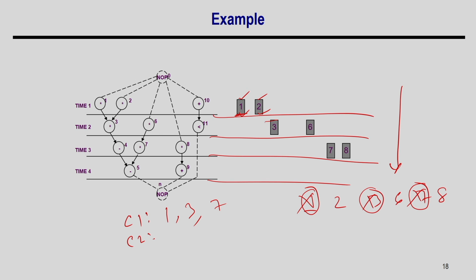Then I will again scan the list, which now has only 3 elements. So, I will select 2, and once I select 2, I can select 3 also, I can select 6, and once I select 6, I can also select 8 because they are not overlapping. So, this is the second color. In this way I colored these nodes.